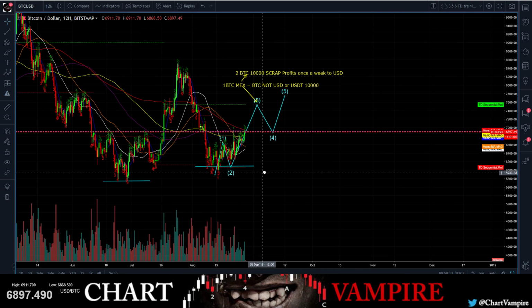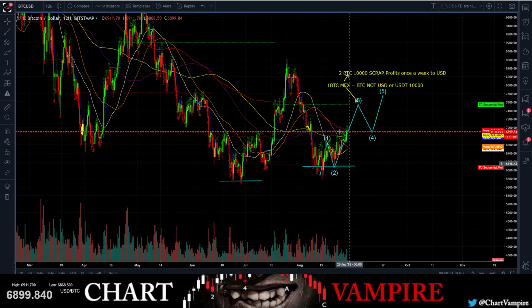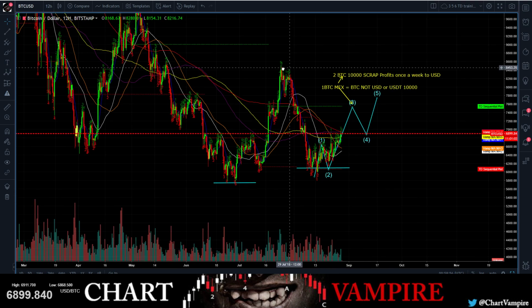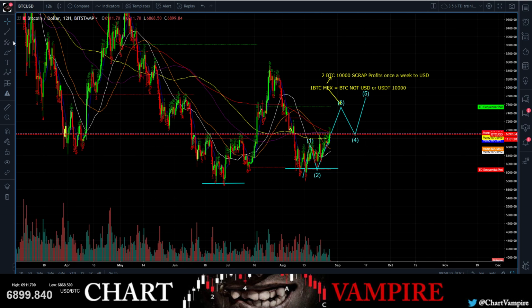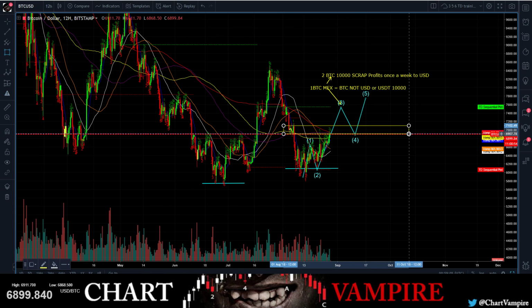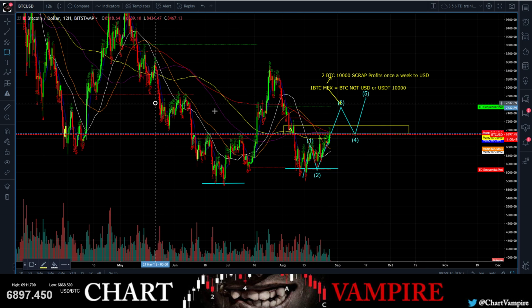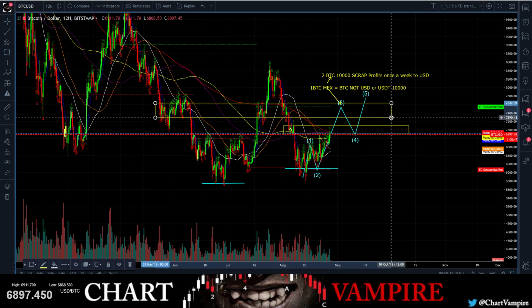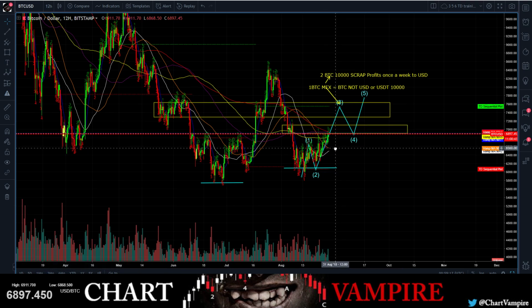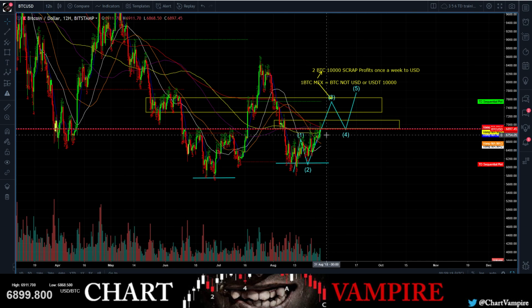Now, do I still believe this is possible? No, I don't. I don't think that this is going to run. And you're talking all your confluence, everything is right. So you got right here, this is a heavy block of resistance. You've then got this massive block of resistance that runs through here. So these are your resistance layers that you've got to punch through in order to turn this into a bullish, impulsive